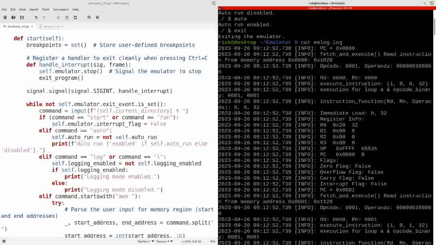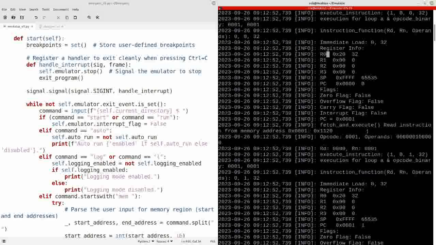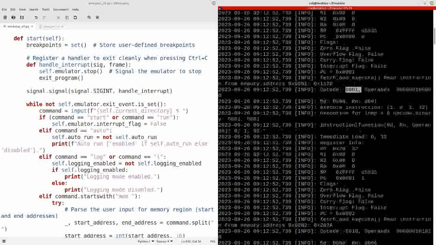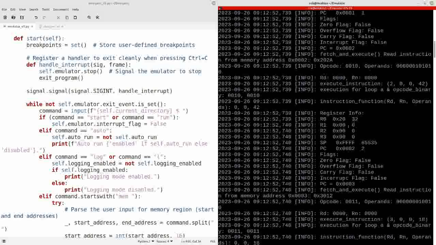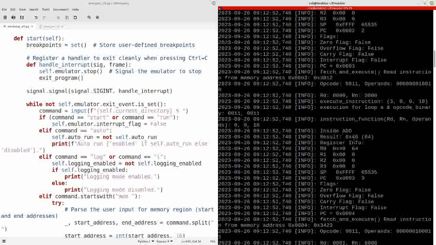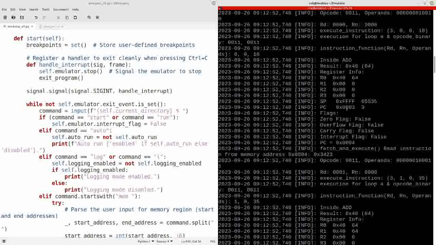And basically this opcode is for immediate load, and so it loaded 32 into R0. Here's another immediate load. It's basically the same again. I can look at each of these in turn and see what's happened. So for example, we're inside an add instruction, so it's doubled it, I think. I don't know. Anyway,